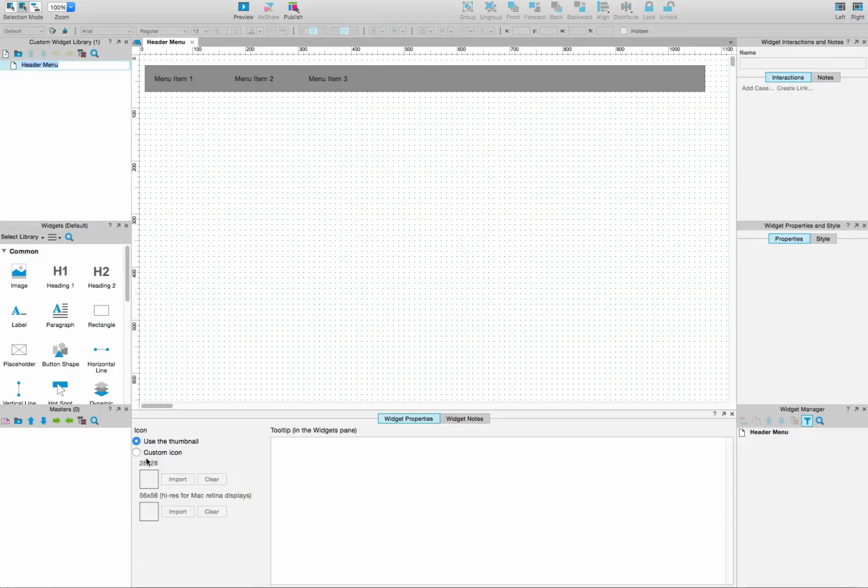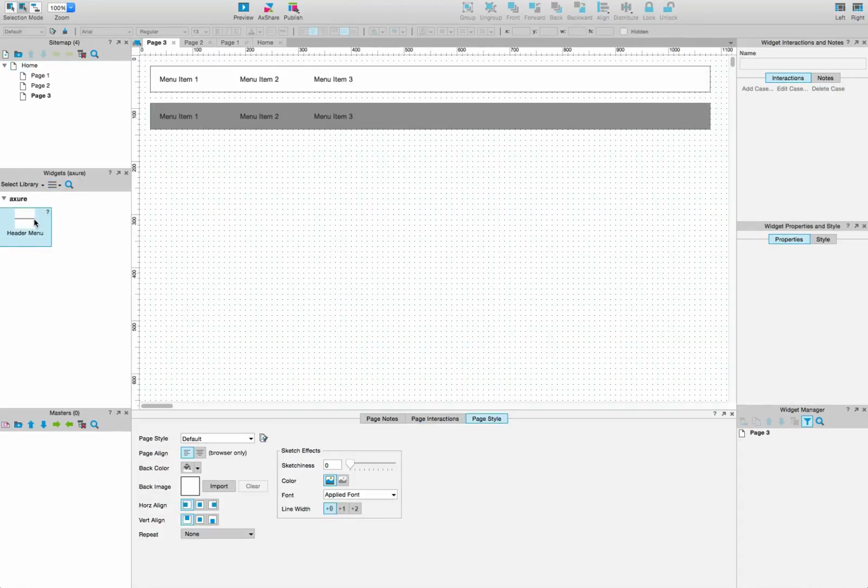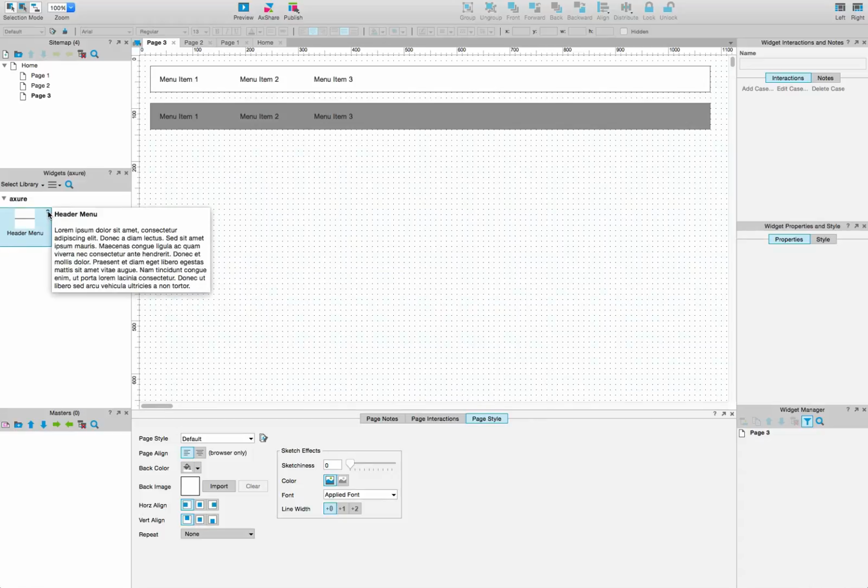Now go back to the library and notice that you can add an icon to the widget. There are two sizes, as the bigger size is displayed when the screen has a very high resolution, basically what Apple calls Retina display. Next to the icon, you can see that there is a field for the tooltip. The tooltip appears when you mouse over a widget, like here,